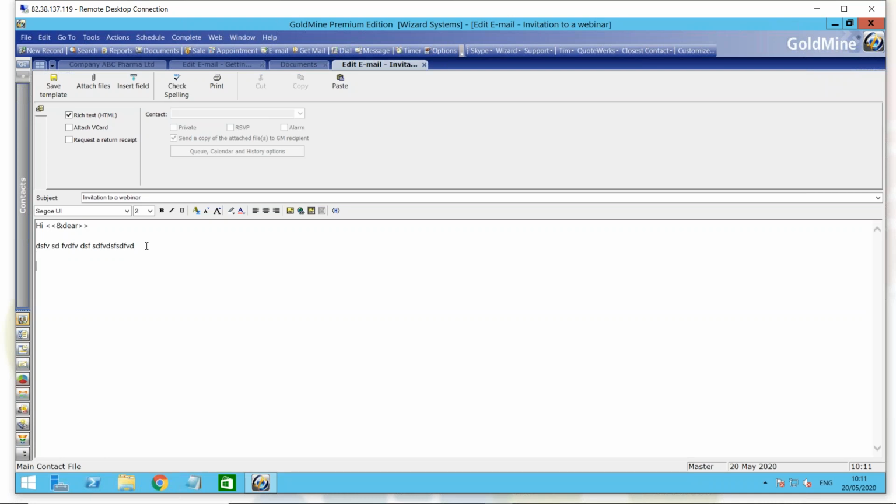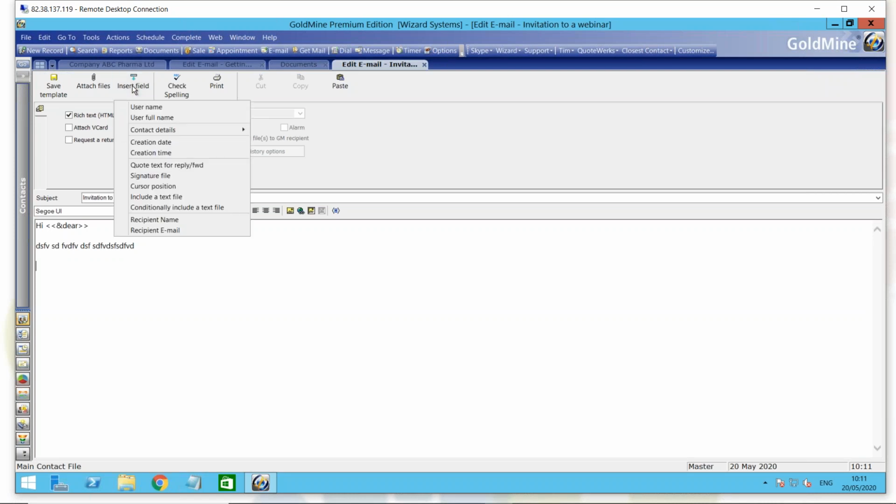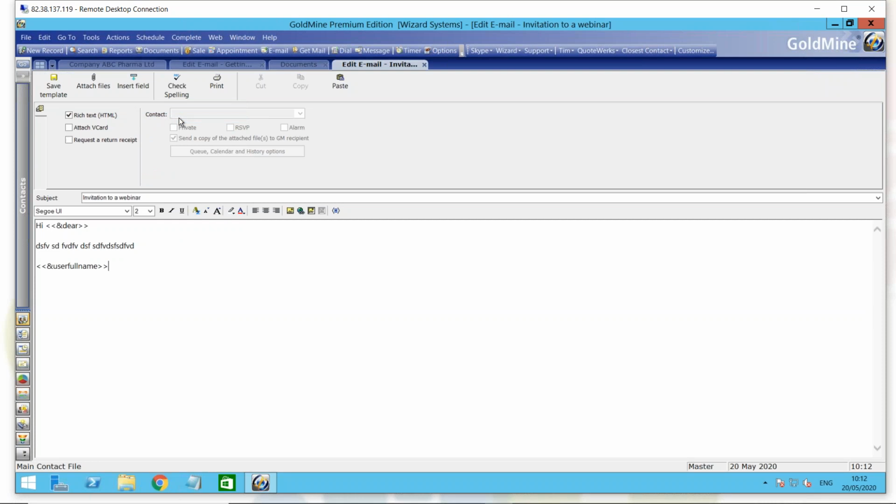So type in the message, and then you might end off with your name or best regards, or however you end your normal email messages. But you may want to insert your name, or if any other user is using this template, their name will go in here. Whatever your full name is in GoldMine, that will be inserted there. Next line down,